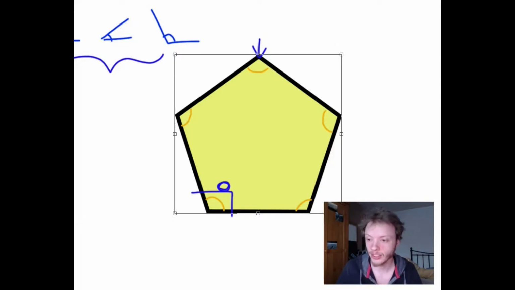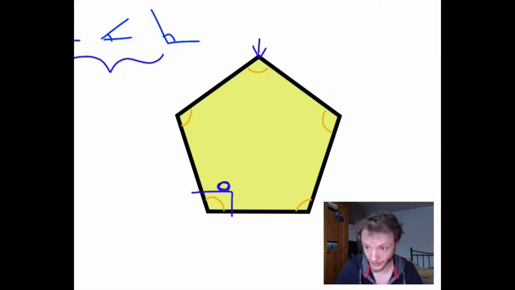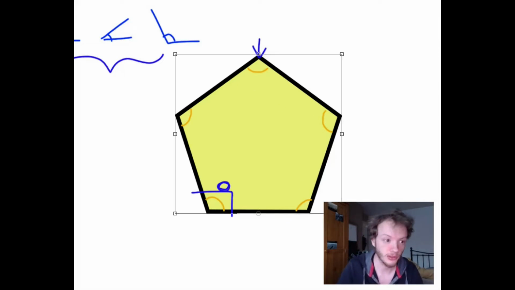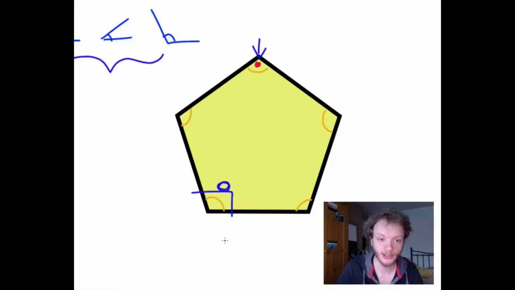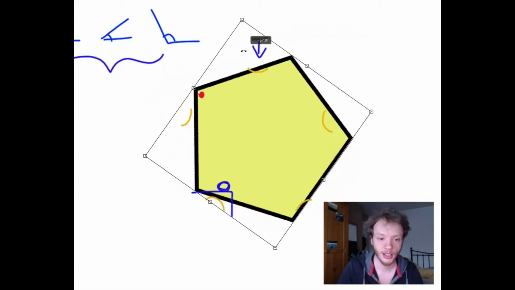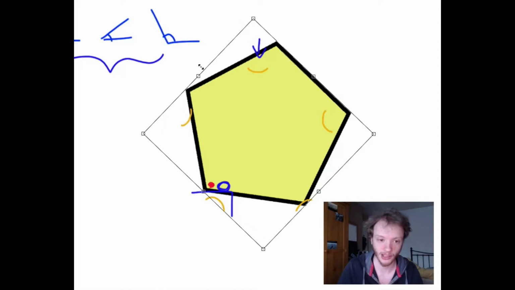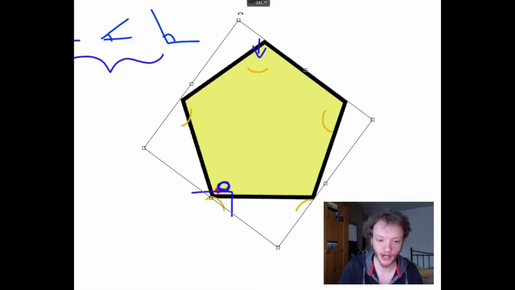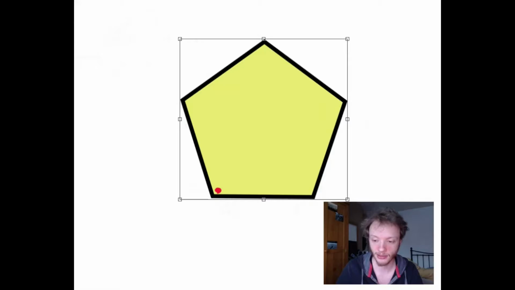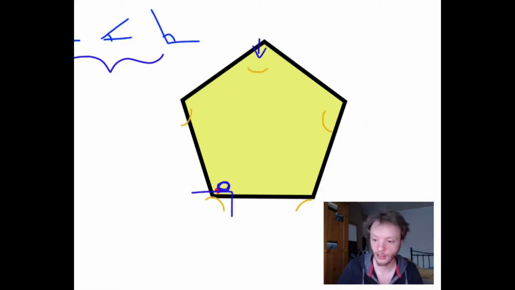So what I'm going to do very quickly is add a dot. I'm going to put it as a red dot here, so I know that's what I'm looking at. And I'm going to rotate this pentagon until it's around to the bottom. Now, of course, I've thrown all of my other curves and things out of shape, but by rotating it around, if I just quickly erase those,